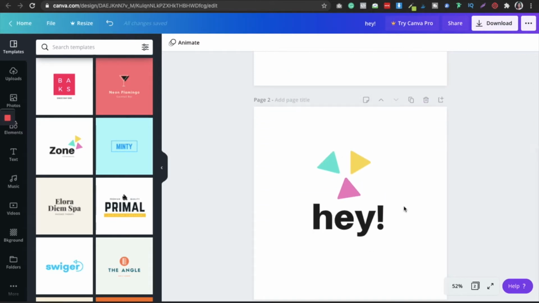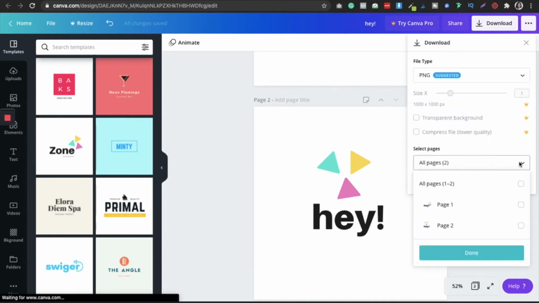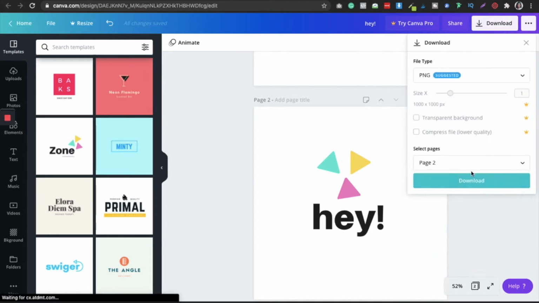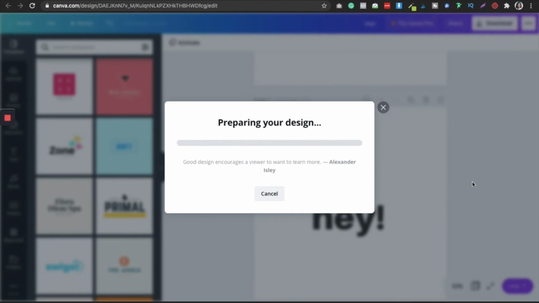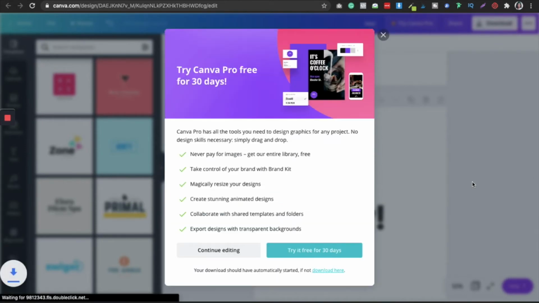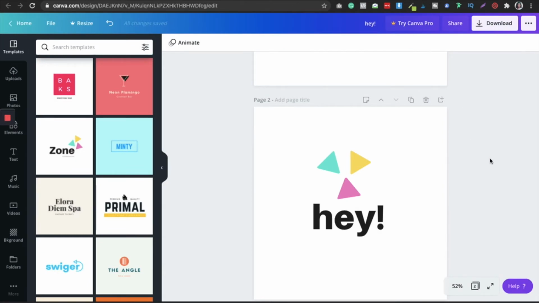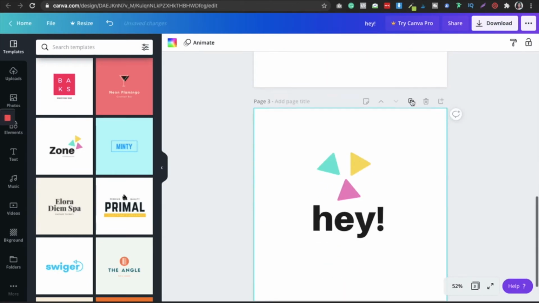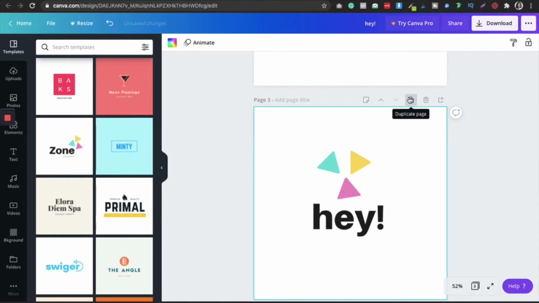Now I want to create one more transition. I want my GIF to look like this, like three sections. Okay, again I'm gonna download the second part here. The second part is downloaded as well, and now I'm gonna duplicate it. This is the button for duplication.